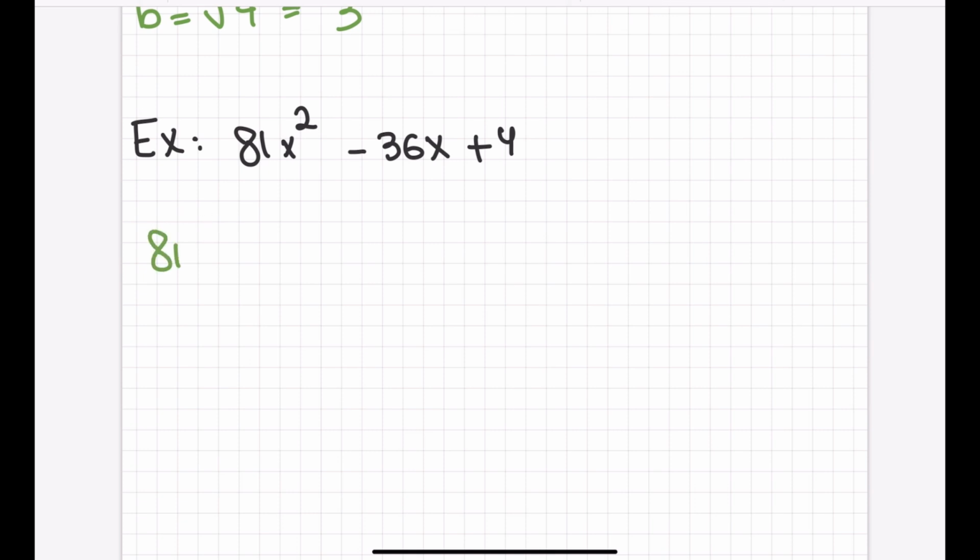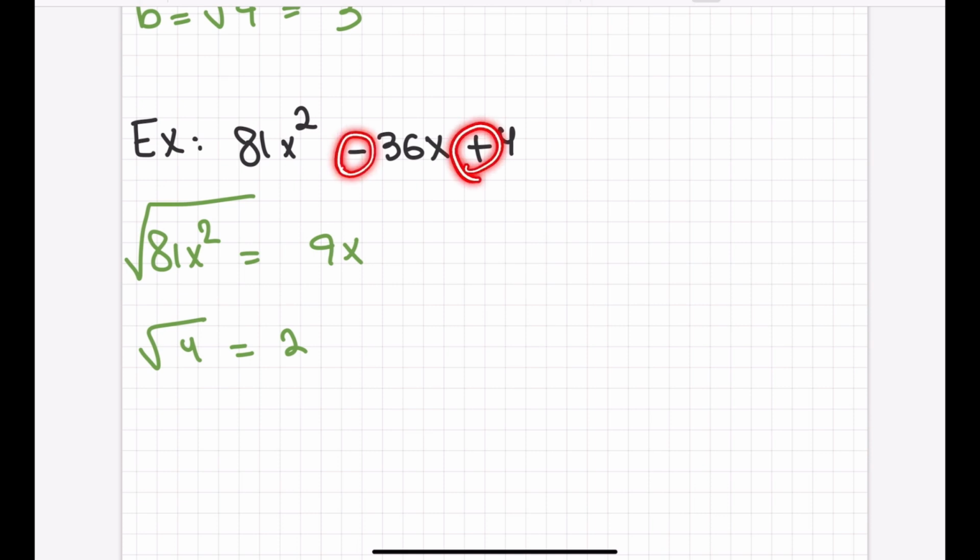So 81x squared, if I want to take a square root of this, it's going to be 9x. Then I know my 4 is 2, making sense. And then if you remember the formula, first of all, here I have negative, here I have positive. So that means I have to use a minus b squared, which the result was a squared minus 2ab plus